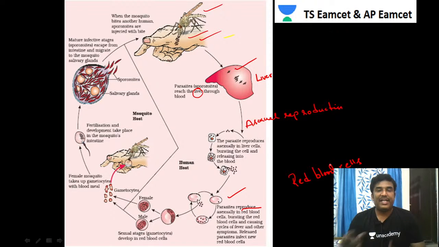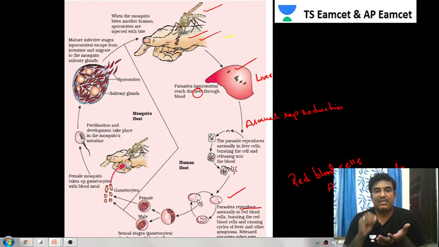So after entering into red blood cells, the parasites start undergoing division again inside the blood. Inside the red blood cells they again undergo asexual reproduction. After undergoing asexual reproduction, they produce a larger number of cells, and then they